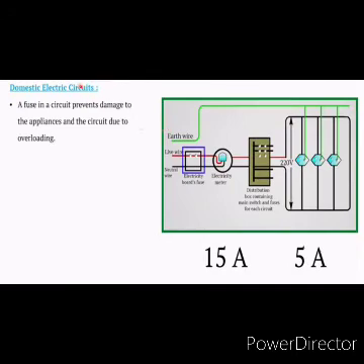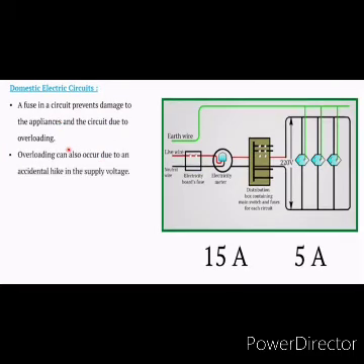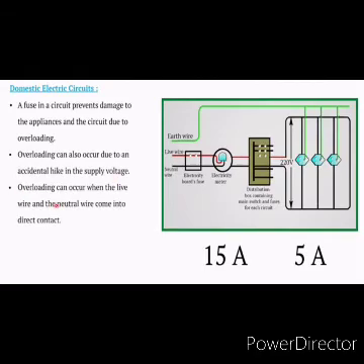So now we have a very important part, that is a fuse. This fuse is very important because without a fuse there might be a short circuit at homes. A fuse in a circuit prevents damage to the electric appliances and circuit due to overloading. Overloading can also occur due to an accidental hike in the supply voltage, or it can be because the live wire and the neutral wire come in direct contact,